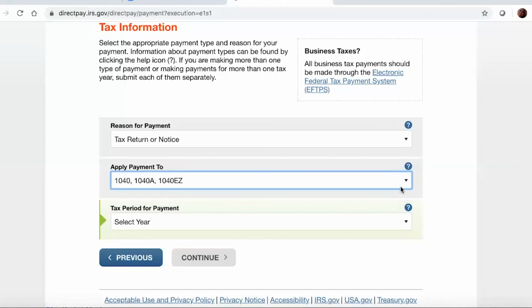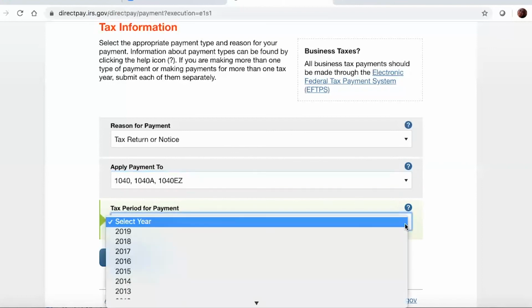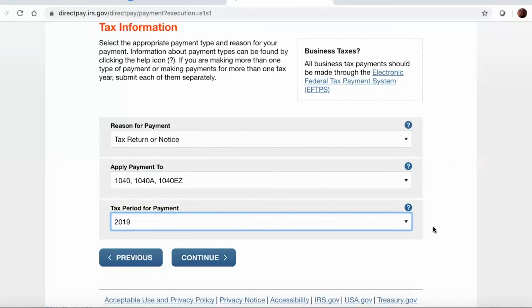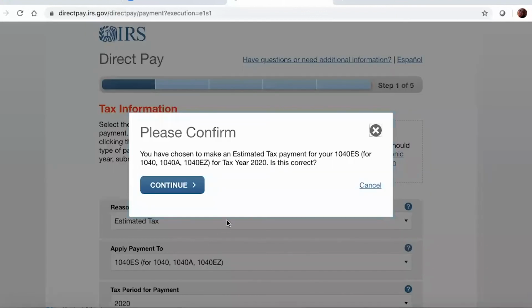This will allow you to select which tax year this payment is for. Be sure to check which year you're making a payment for because you may be making payments for other years if you're behind a bit on your payments. You will see clearly on your tax return labeled the year for your payment. It's important to get this right because you want the IRS to credit the payment to the correct tax year. From there, you will click on the Continue button. You will be asked to confirm your selections of the 3 variables we just covered, so at this point, double check to make sure all the details of your payment that you are making are correct.